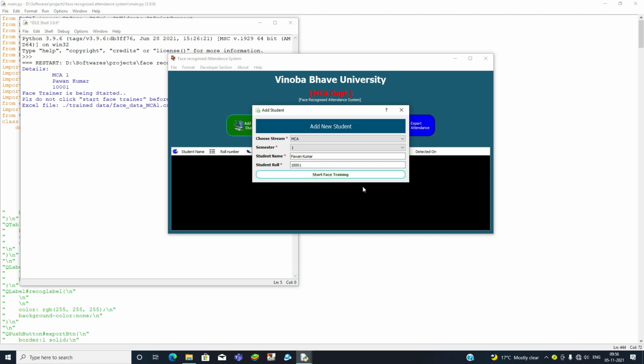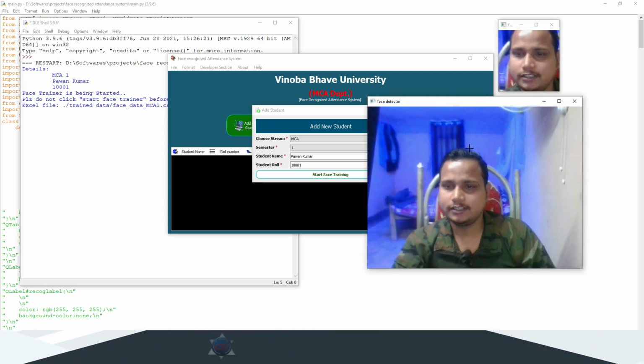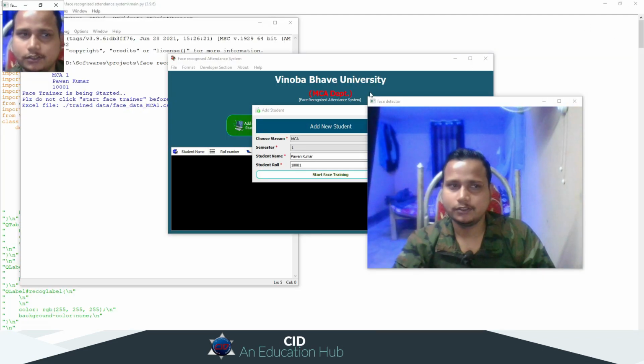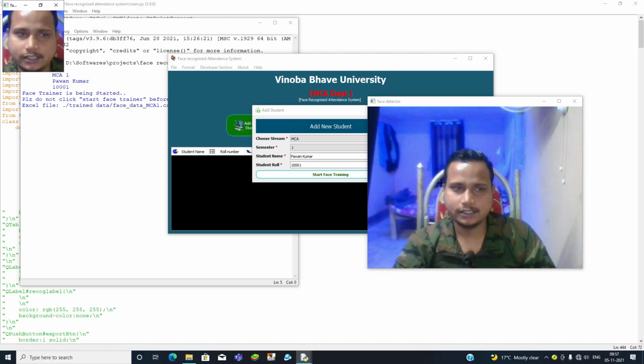Okay, and now let me start the recognizer, and here you can see that this is starting. As you can see, this is detecting my face and showing it on this small window. If it shows the face here, that means it is recognizing correctly, and now you can press C on this window, then it will recognize. As you can see, here it is showing 0, data is recorded.